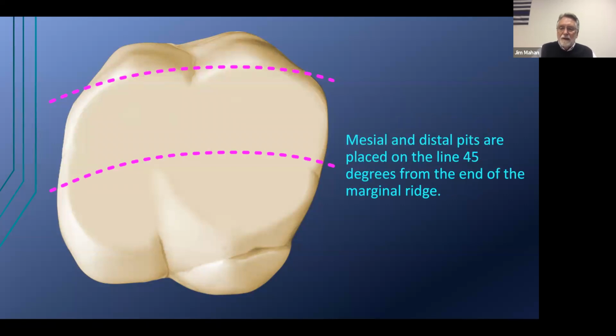Mesial and distal pits are placed on the line 45 degrees from the beginning or the end of the marginal ridge. How do we know where the marginal ridge begins for people who are new to dental technology? You can see where the buccal curves around, and there becomes a straight surface here. And right where that change comes in, right there is where we're going to find the beginning or the end of the marginal ridge. I'm going to go from that point right there, 45 degrees in,